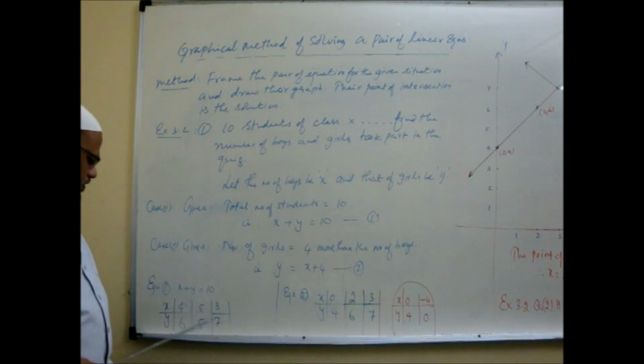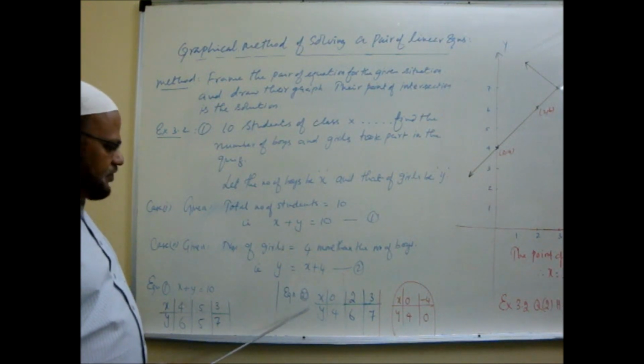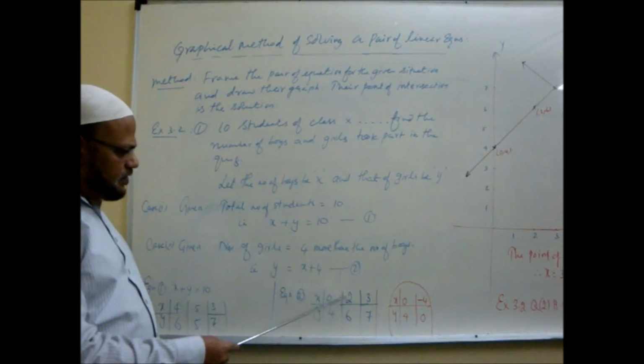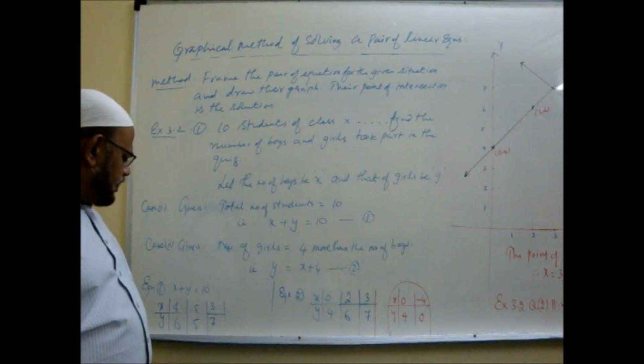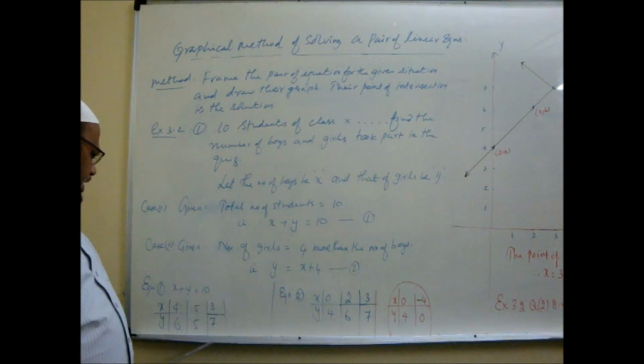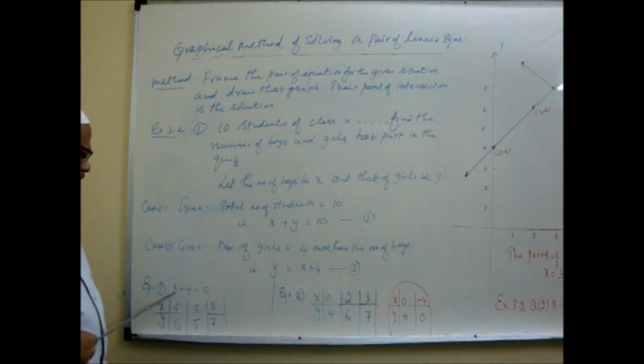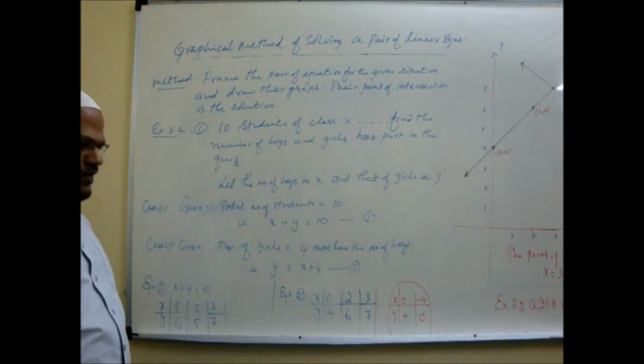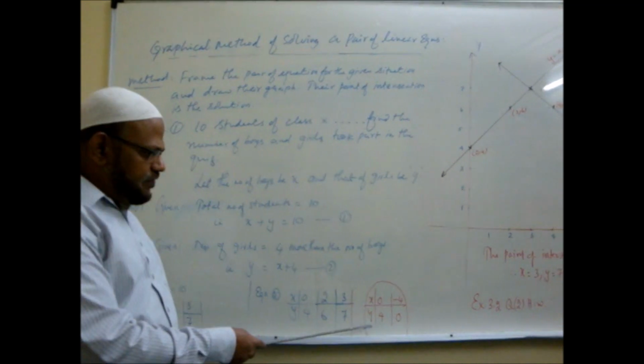For both of them, as we did in the previous case, you find their solutions. Any 2 or 3 solutions you can find. For the first one, I put x is 4, y is 6; x is 5, y is 5; x is 3, y is 7. Like that, for the second equation also, find 2 or 3 solutions. Even you can take the equation like this: I can put x is 0, y is 10, and y is 0, x is 10. Like that also you can write it easily for drawing. And like that for the second equation you can draw.